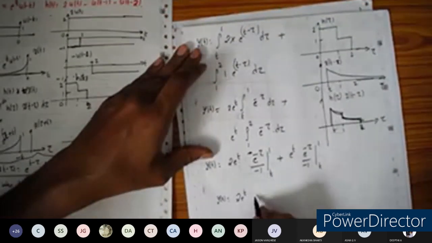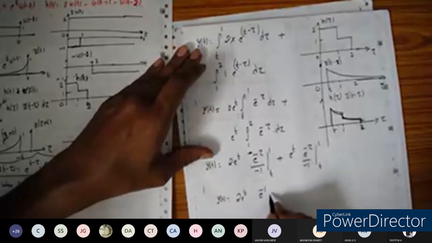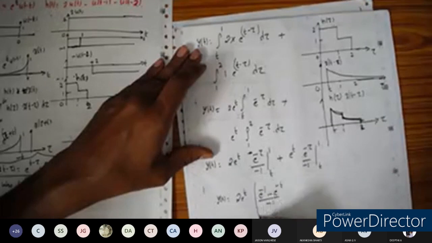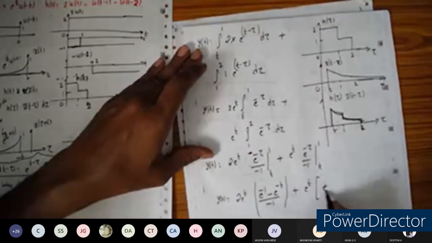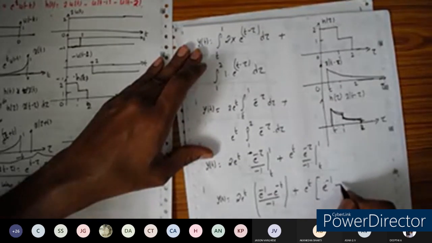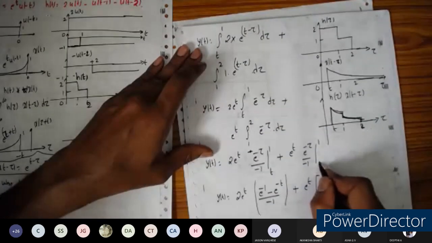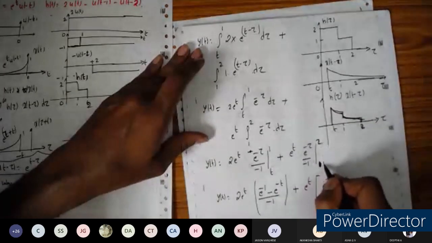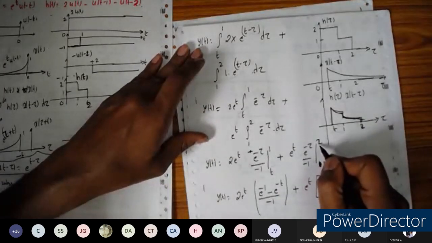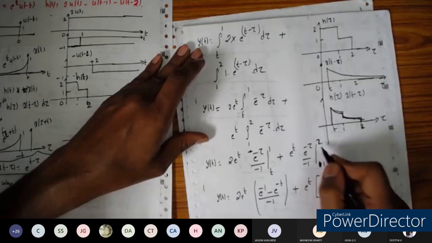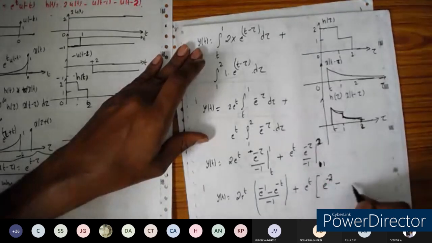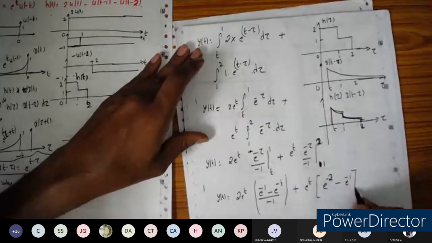2 into e to the power of t. So integration of this one is e to the power of minus 1 minus e to the power of minus t divided by minus 1. Okay, so plus e to the power of t into, so e to the power of minus 1 minus, this is actually 2, right? So the second limit is from 2 to 1 now. Sorry, make the correction here. The second limits of the integration is 2 to 1. So this is 2 to 1. So e to the power of minus 2 minus e to the power of minus 1.